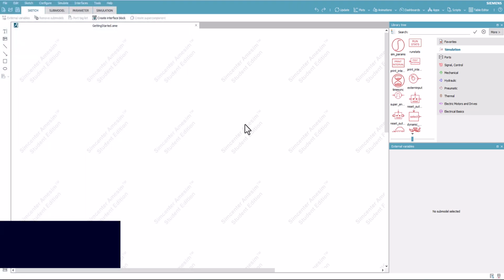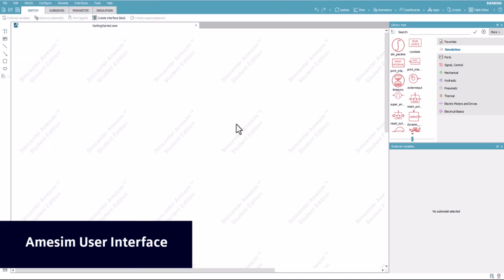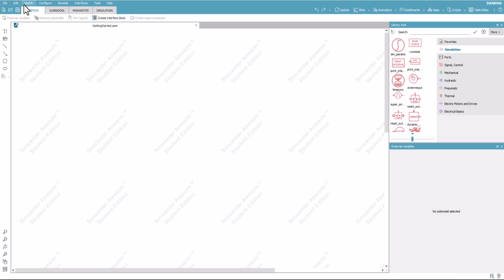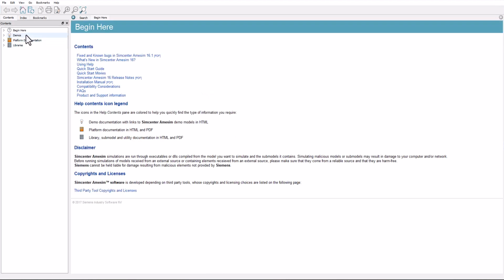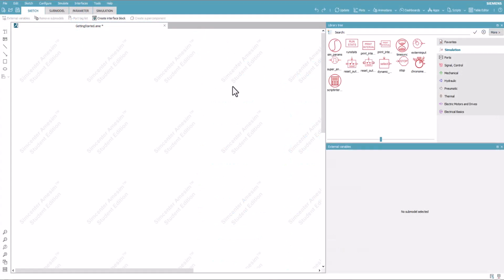After downloading and opening the software, your screen will look like this, with the top containing familiar menus, such as File and Edit, and platform-specific menus, such as Sketch and Configure, and a Help section that, when selected within the dropdown, contains demos and explanations for the software's features. The largest space on the screen is the Sketch window and the primary area to create and edit models, with the name of the model file displayed as a tab above, with the ability to open multiple models within the same AimSim instance. Above this are easy buttons to create a new, open, and save models.